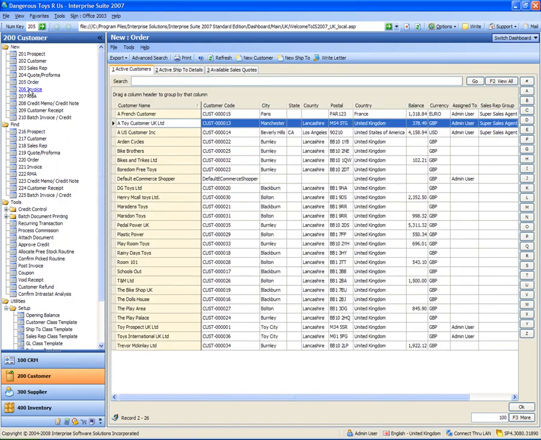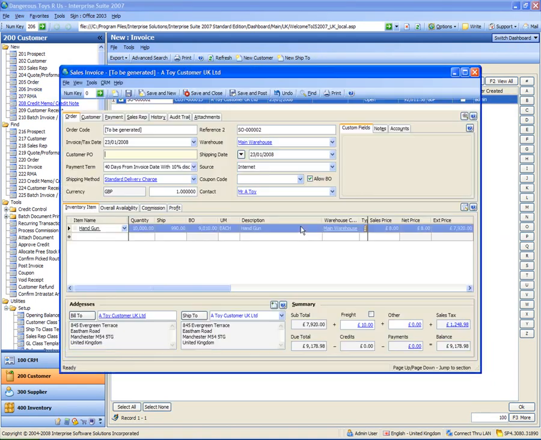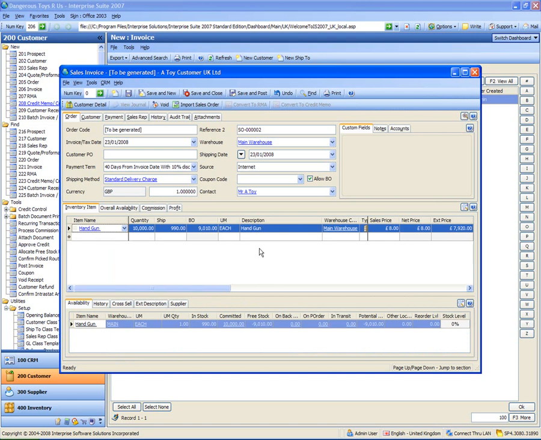Okay, now we'll go into new invoice again, and I'll pick up my sales order, and I'm going to create an invoice for that. Now we can see from there that the quantity is 10,000, but the ship quantity again is only going to be 990. This is because obviously we haven't got all the stock in. So if I save and post on that,